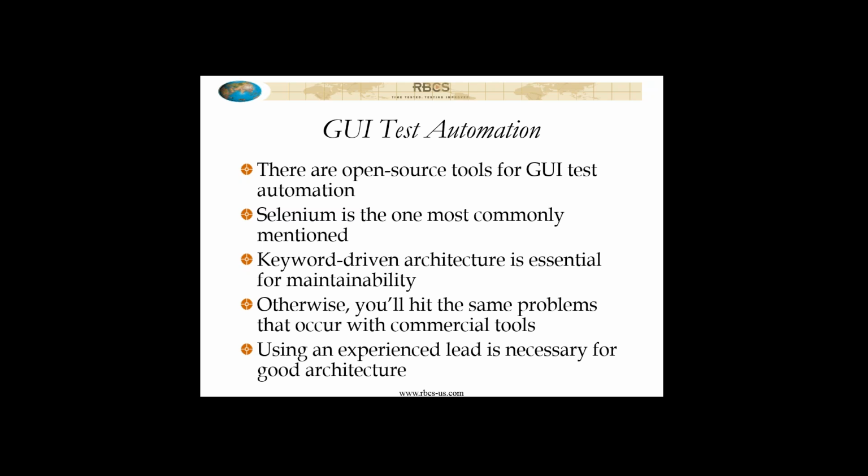Now, the thing with using Selenium or any other open source GUI test automation tool is you still have to apply best practices in terms of the creation of maintainable tests. So make sure that you're doing proper keyword-driven architecture, and you've got that in place right from the start. If you don't do that, if you just go, well, the tool is free and so it's not costing us that much. Again, remember your time is valuable,